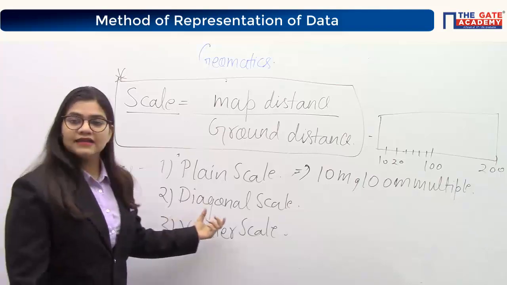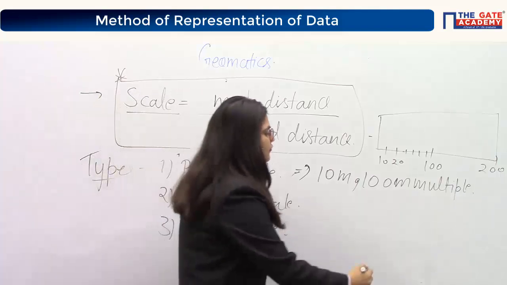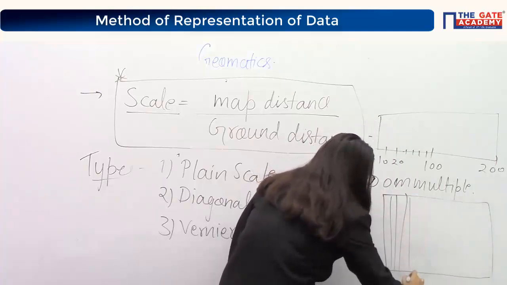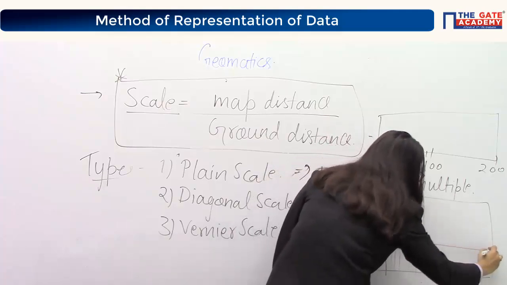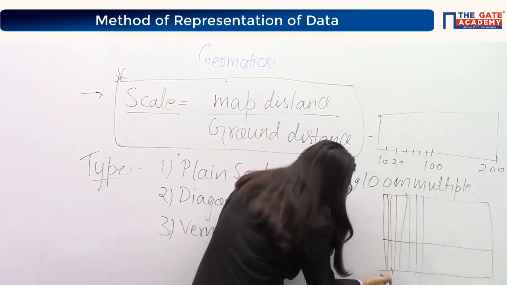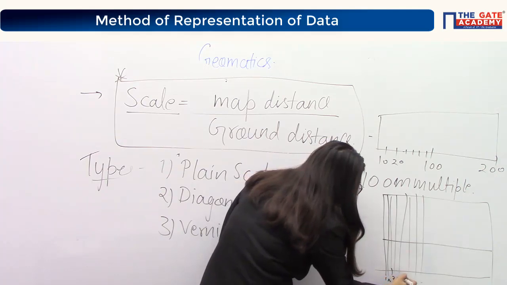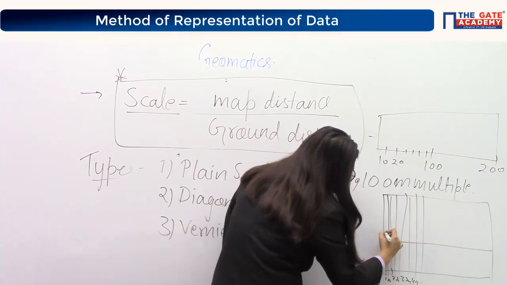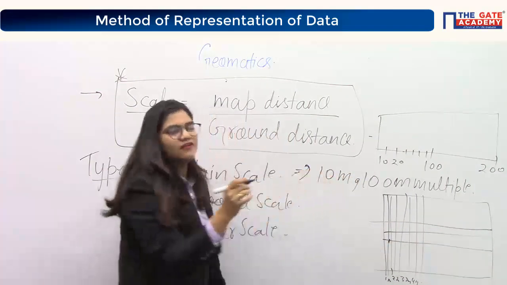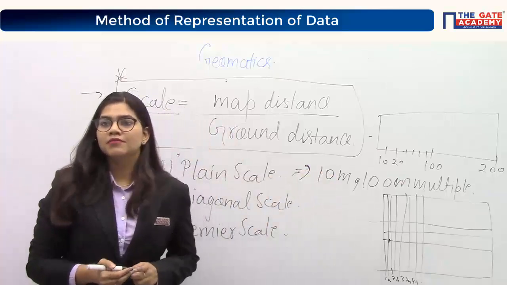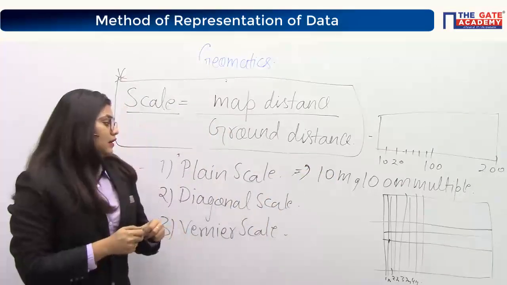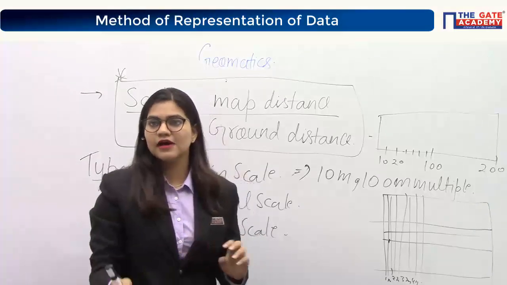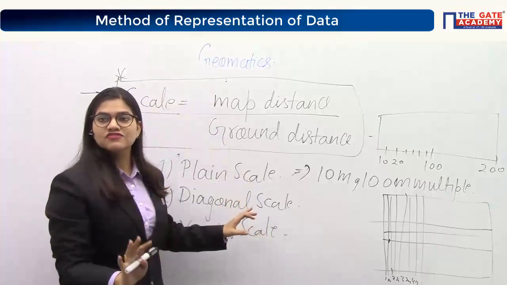When you come to diagonal scale, it is this type of scale. In this you have 1 meter, 2 meter, 3 meter, 4 meter, and this vertical one will be the same. That will be your 10 meter. Ma'am, please repeat. I didn't get it. I'm saying just remember the least count. See, this nothing comes in your exam, but this is given in your syllabus. That's why I'm just telling you.